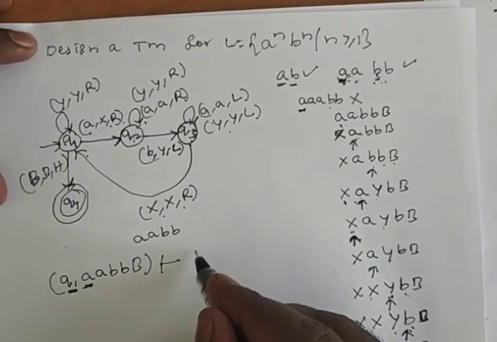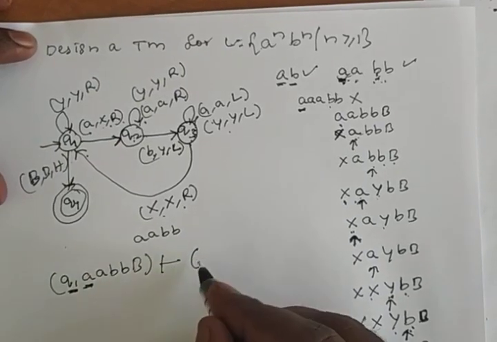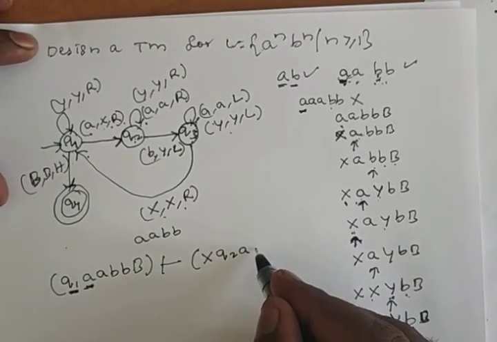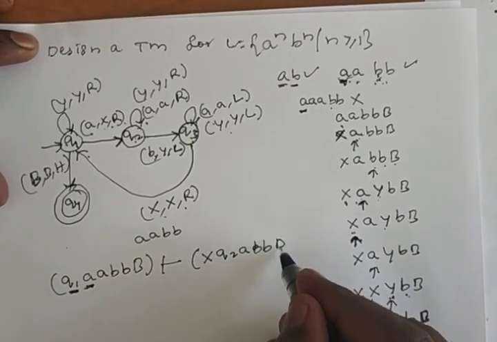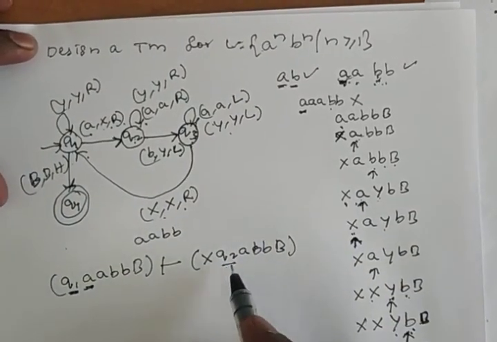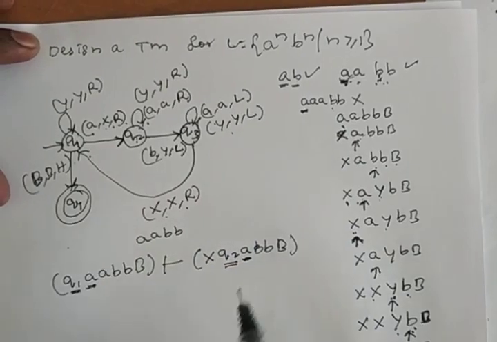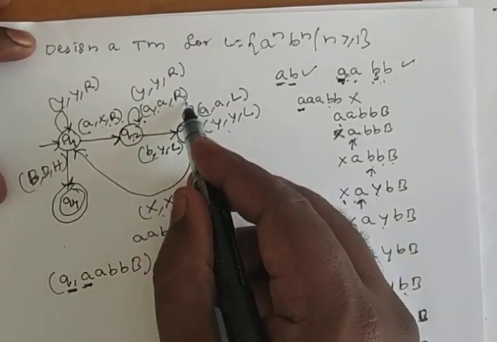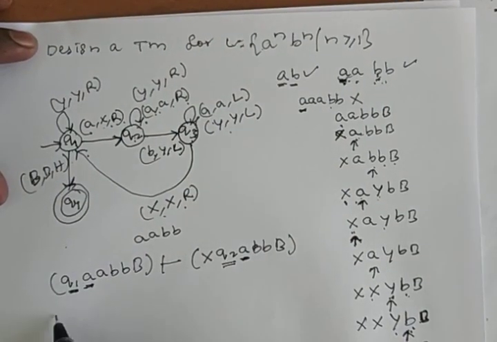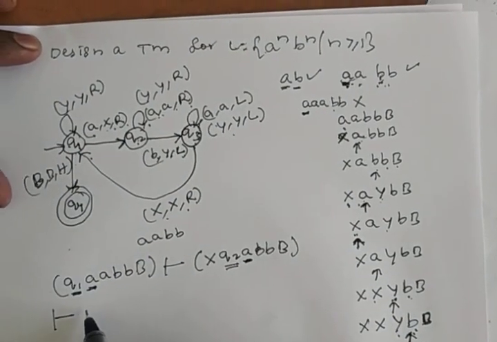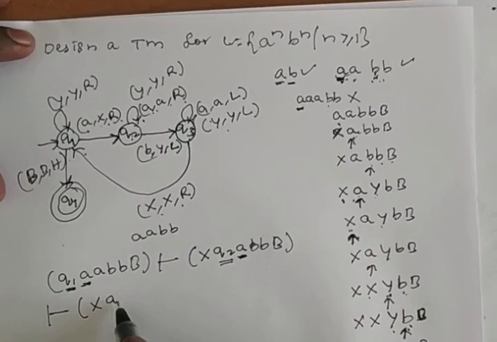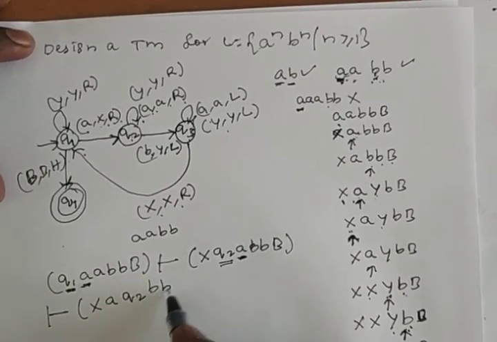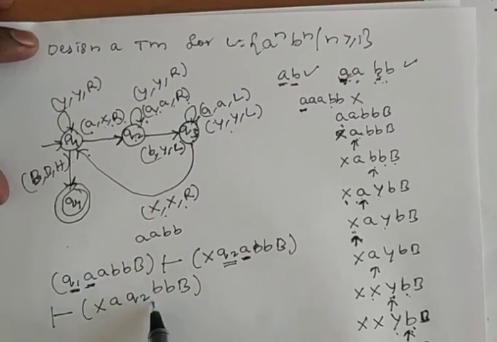So you go to Q2 and A is replaced by X. So it becomes X, Q2, A, B, B, blank. And the current state is Q2, input is A now. So in Q2, input A is replaced by A, go to the right direction. So X, A, Q2, B, B, B. Now input is B,